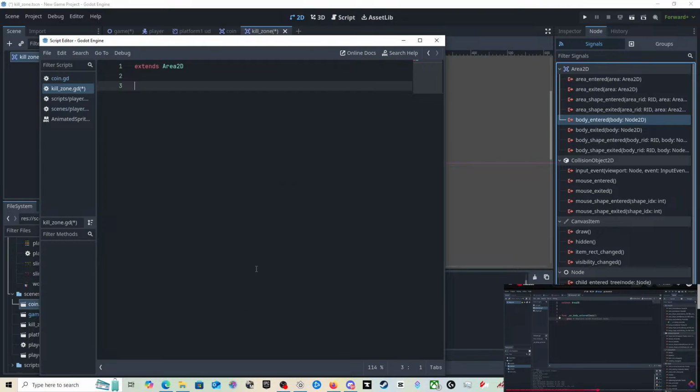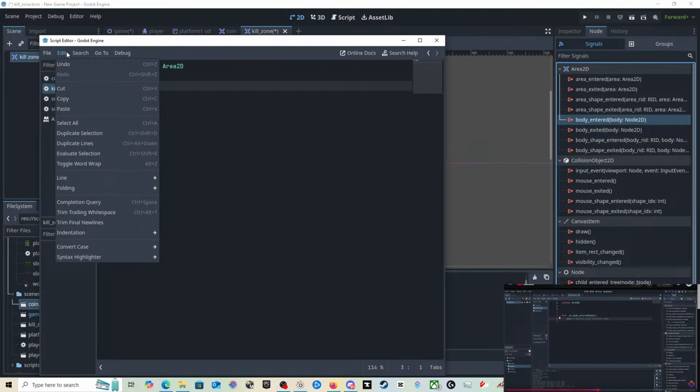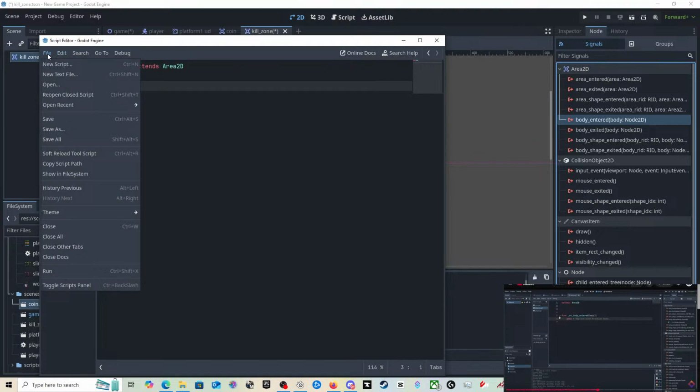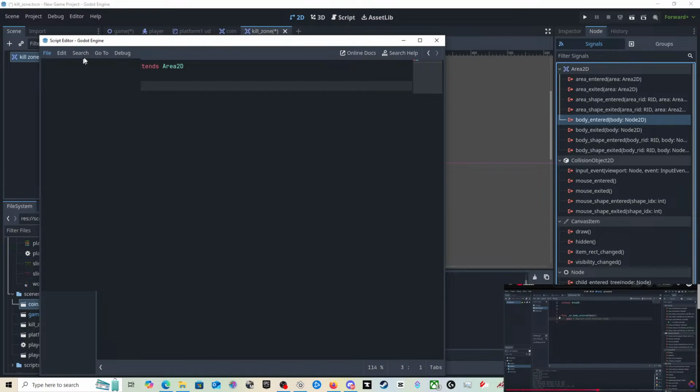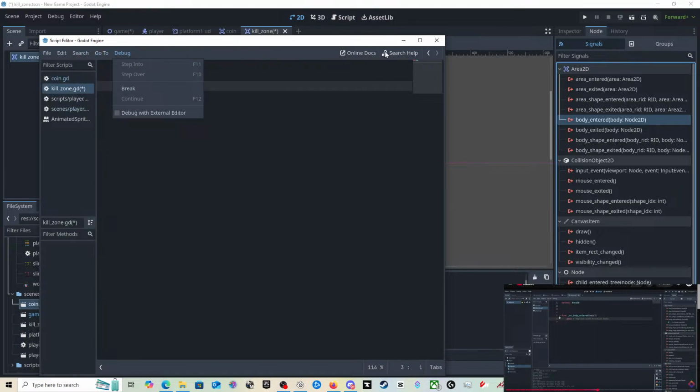Is it indent? No. Unindent. Stop pressing things, you don't know what you're doing. I don't know. I'm stupid.